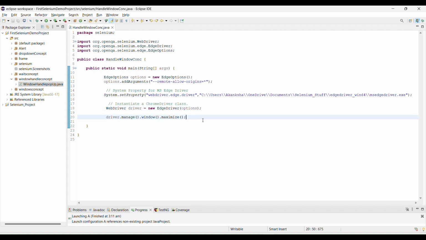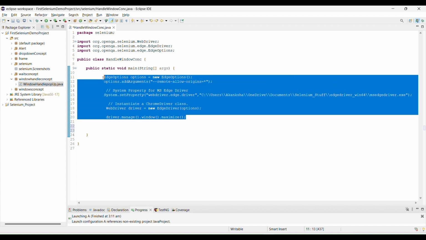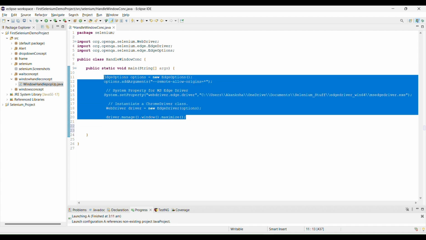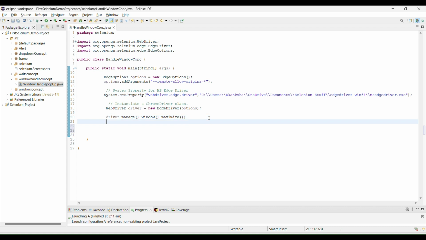These four lines are common lines we used to write in our test script to launch the driver, maximize the window, or set the property. So we can copy just this.